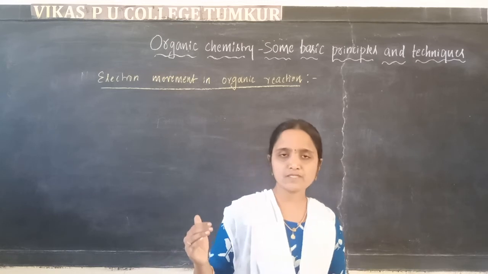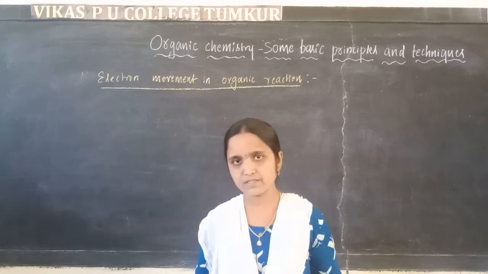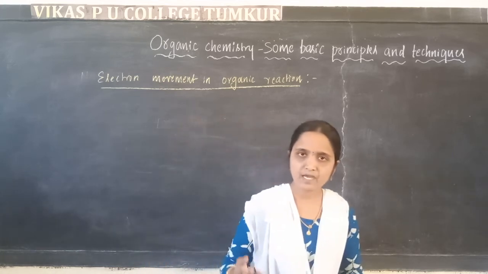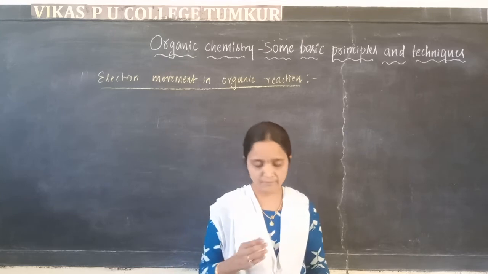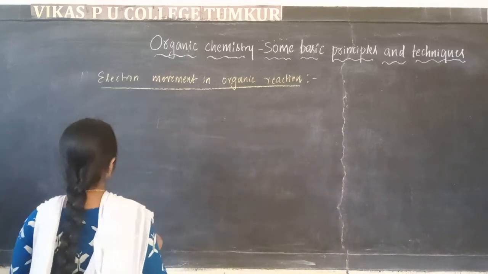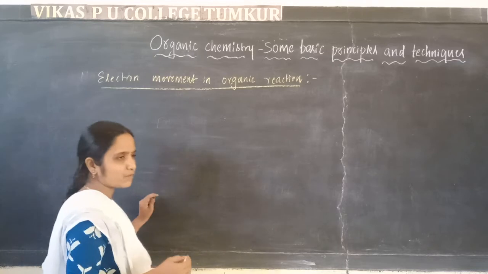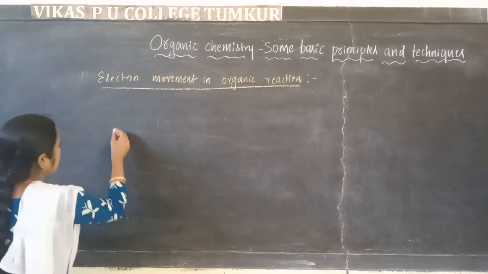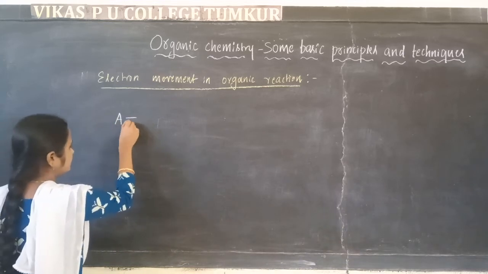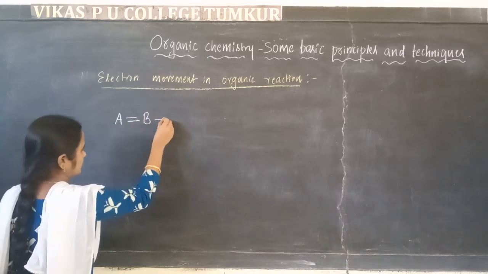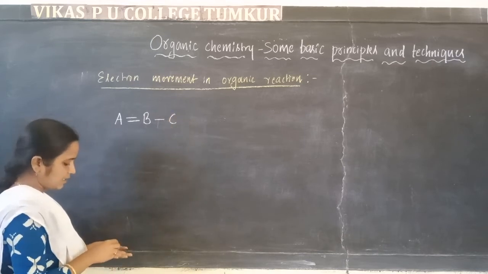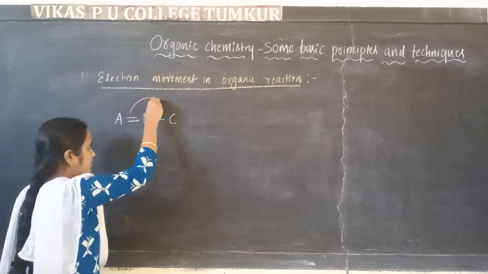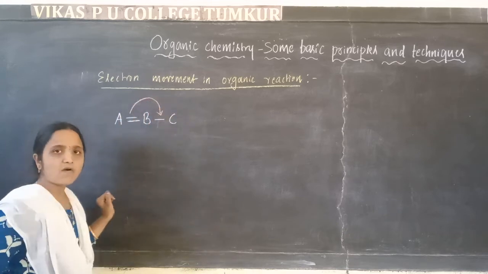It shows the shifting of the electrons from bond to bond, bond to atom, or atom to bond. We will see some examples. First we will discuss the shifting of electrons from one bond to the adjacent bond. Here, this arrow mark represents the shifting of electrons,